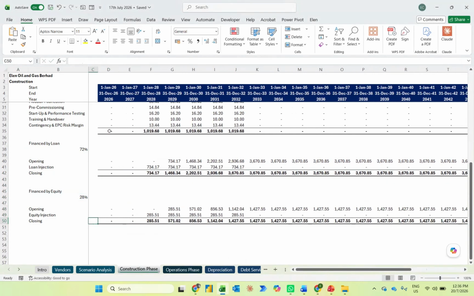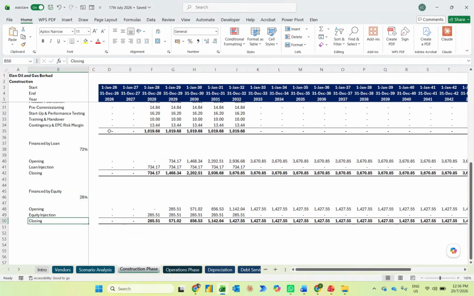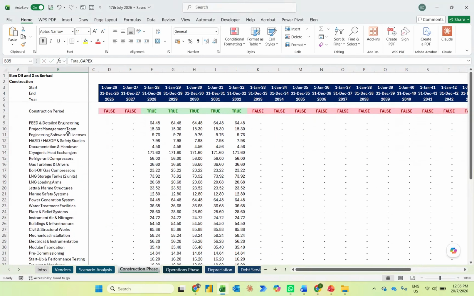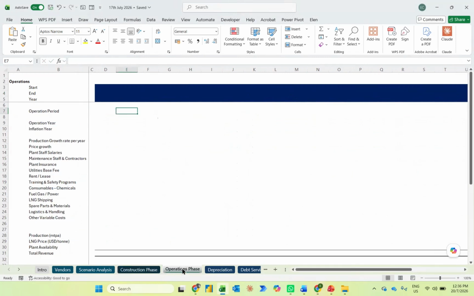And just like that, we have already completed the construction phase. So here I'm going to put here total capex. I'm going to bold this. So this is the details we prepared for the construction phase. Next, let's go to the operation phase. So when you look at the operation